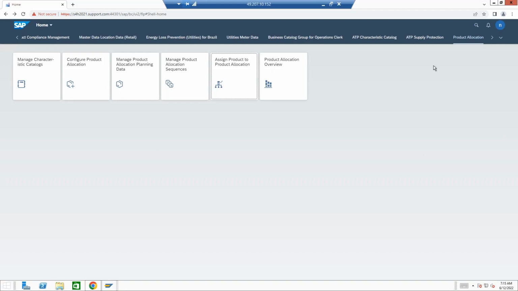And in the sales order, in the availability check overview, the system will show us from which product allocation object it has considered the stock, what is the remaining stock, what is the status, everything it will store,